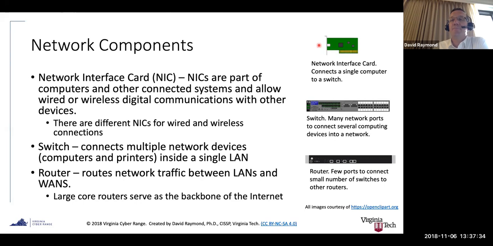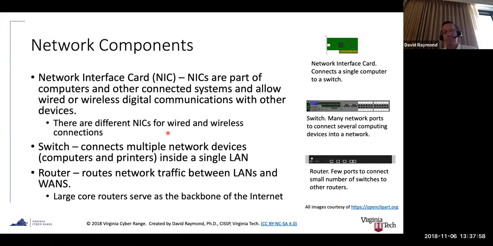But this network interface card connects a single computer to a network switch. And this example is a cabled network interface card. So NICs are part of computers and other connected systems and allow wired or wireless digital communications with other devices. And obviously there are different network interface cards for wired and wireless connections.